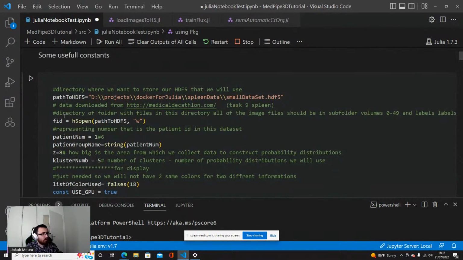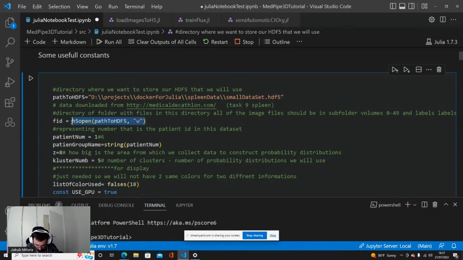This is an important point, because in case you work with it on your own, this may lead to a lot of headaches. When you are opening the HDF5 database, this is the vanilla HDF5 part, not related to my framework at all. You need to supply the argument whether it's write or read and write.